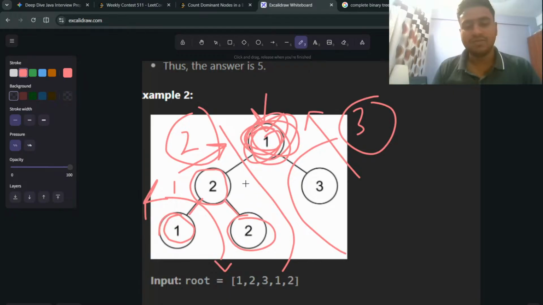Okay, and this is going to come up with 2,